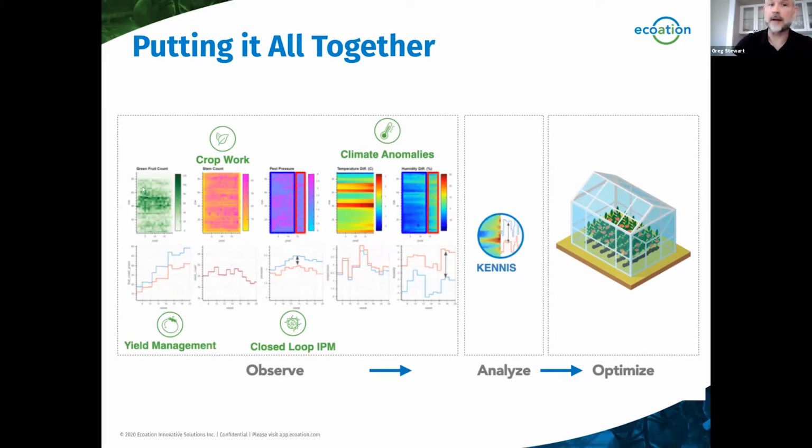So if I find, for example, an area where my tomato count is lower than the average of that greenhouse, I want to see really what else is going on there, right? Is there something going on in the crop work? Is there something unusual happening in the climate? And what we can get people more or less immediately is the ability to find and fix problems, or at least come up with a short list of things to look into.